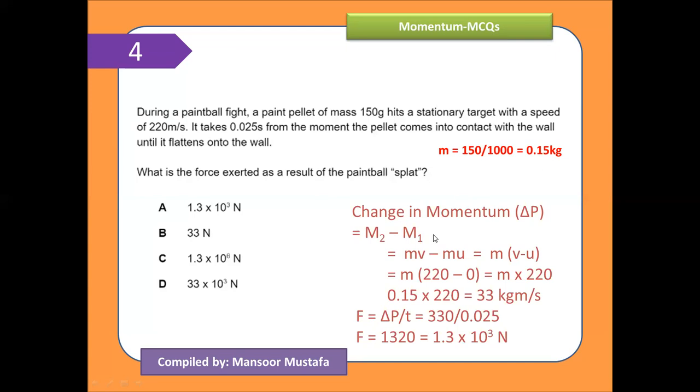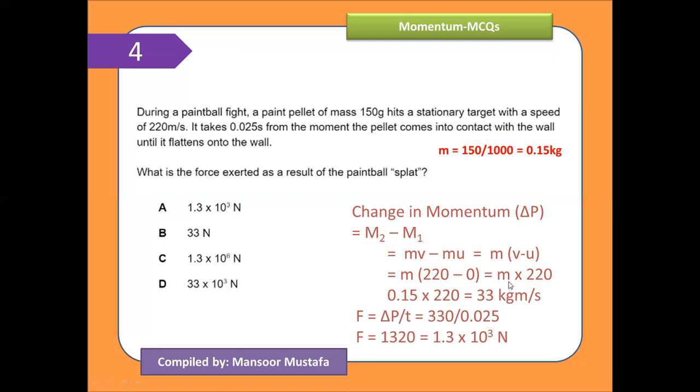Now we have to calculate the change in momentum. Change in momentum means final momentum minus initial momentum. So that will represent the change. Now what will final momentum be equal to? Mass multiplied by final velocity. Same like initial momentum will be mass multiplied by initial velocity. We are representing u as the initial velocity and v as the final velocity. Okay? Now mass will remain the same, so we just take m as common, so that will be m times (v minus